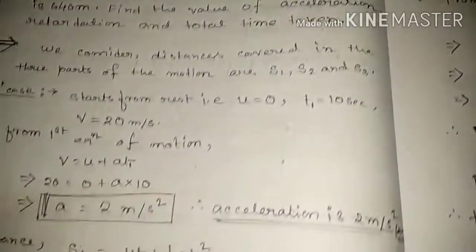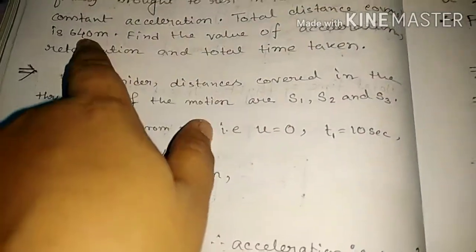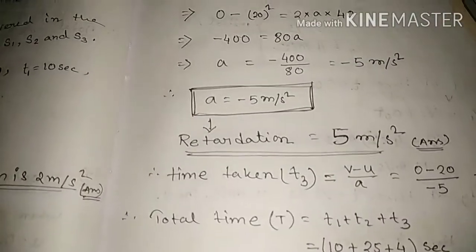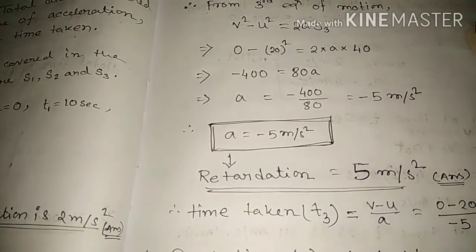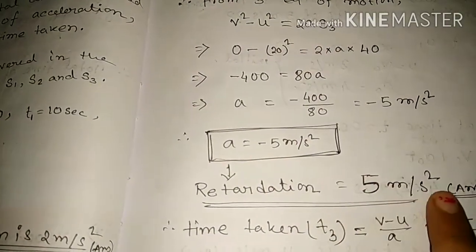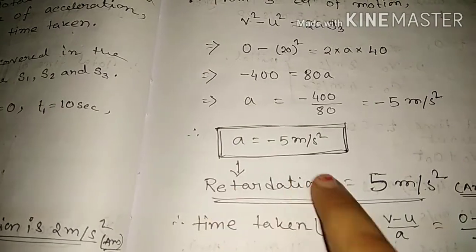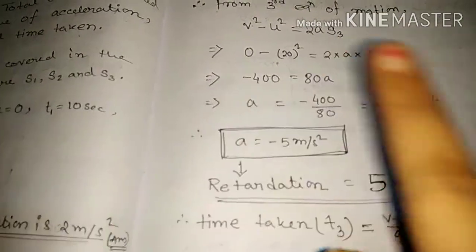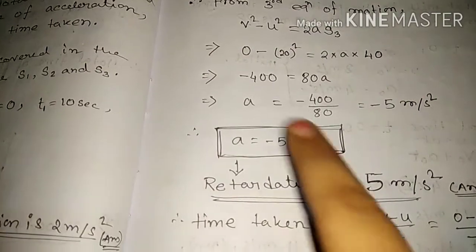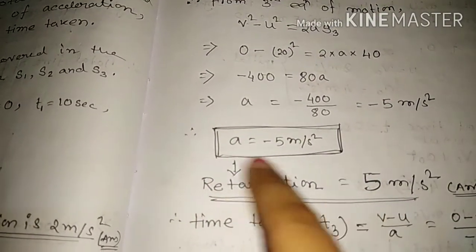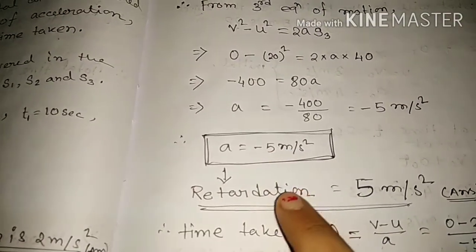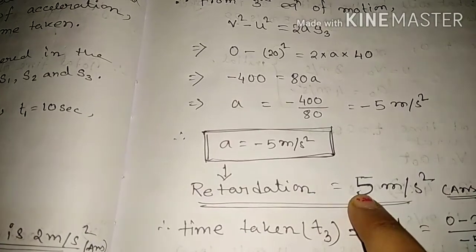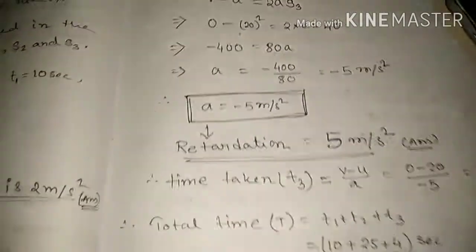So the second answer we also find out. Acceleration from the first we already found, 2 meter per second square, and retardation 5 meter per second square. When you write down the answer, if you write retardation of the motor car, then only 5 meter per second square. Don't use the negative sign, because retardation already means the negative. If you write the acceleration as minus 5, then you did not write retardation. So either you write retardation or you write minus 5.